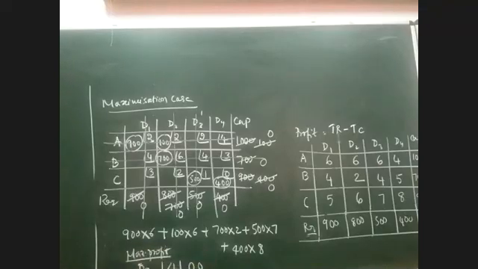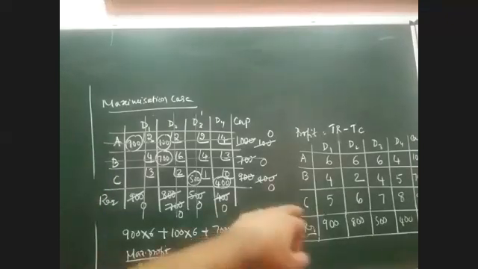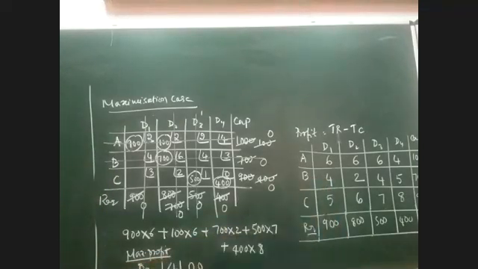Solve the following problem to maximize the profit. Again, the word maximum is given to you, so it is a maximization case. Unlike the previous problem, we don't have to do any modifications here because everything is directly done and the final table is given to you. The only thing you have to do in this problem is convert it to minimization. So how do you convert it to minimization here?